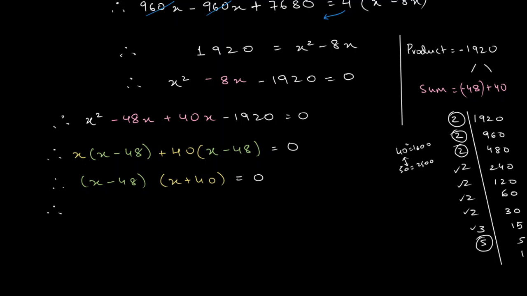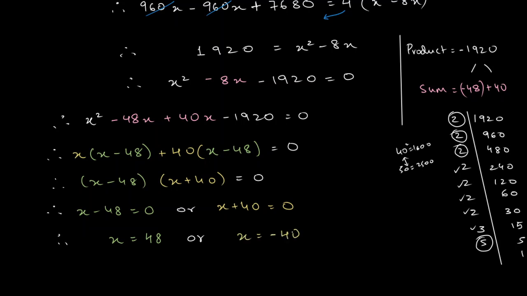So either the first one is equal to 0, so x minus 48 is equal to 0, or x plus 40 is equal to 0. Rearranging and solving the equations, I get the value of x as 48, or x is equal to